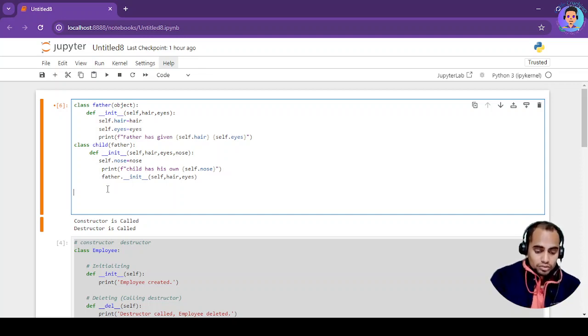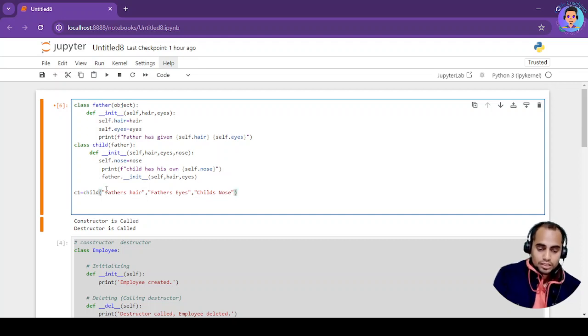So now over here I will write c1 is equal to Child(), and then I will write Father's hair, then Father's eyes, then Child's nose.